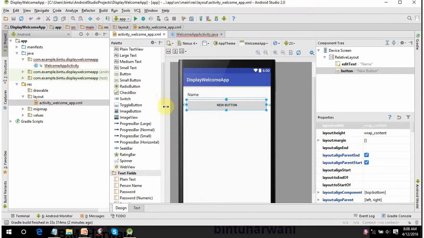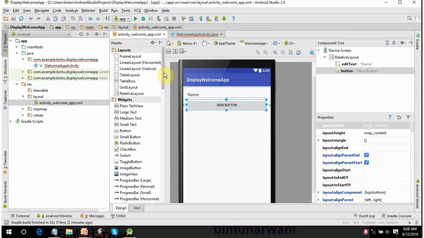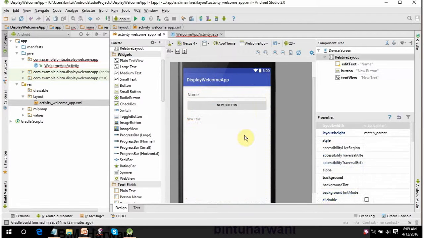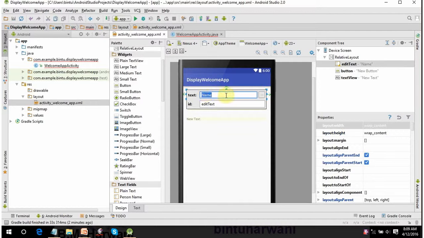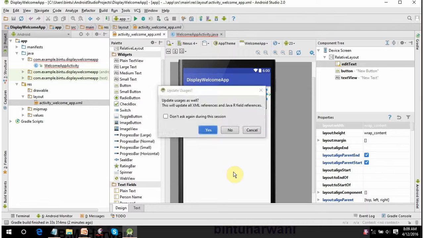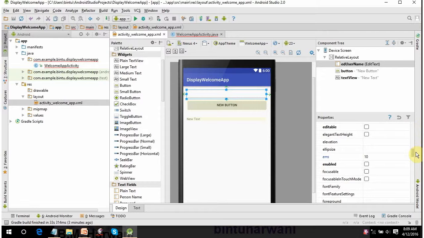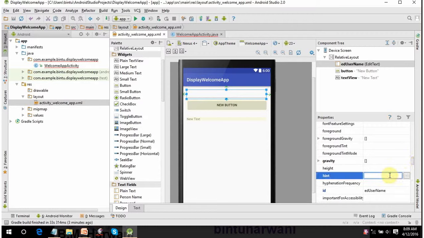I want to display a welcome message to the user. I need a text view control, plain text view. So drag and drop this one also here. So this is that. Okay, now double click it. It is asking you what should be the text displayed in the text field. I don't want any text to be displayed. And then the ID that it is asking you, let's give the ID as username_ed, ed for edit field, because this is an edit text field. Supplying the ID name will help in identifying this control and in accessing it in Java code also. I want to supply a hint also here for the user on what to enter. So you go into the hint property here, username.